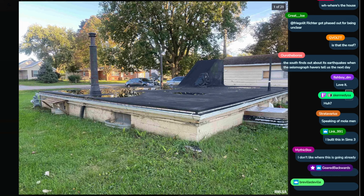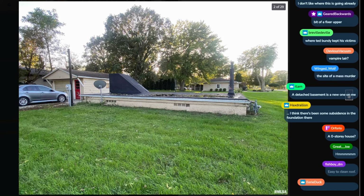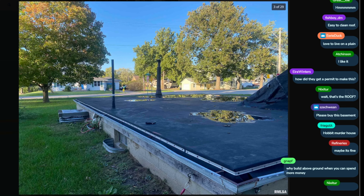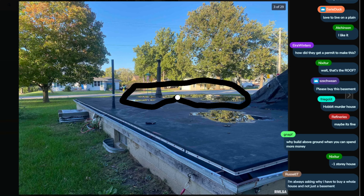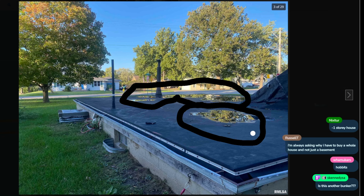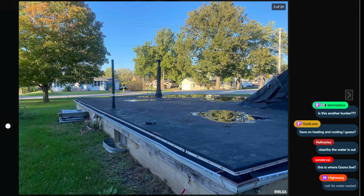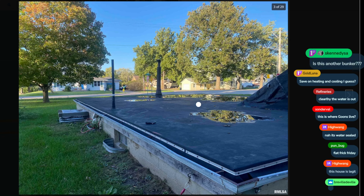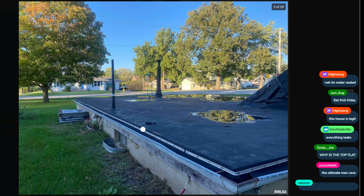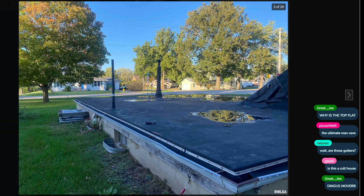Now, I know what you're thinking. DVAC, you're the resident vampire expert. It could be, but there are windows. I know what you're thinking. Does it leak water? I don't think it does. Okay, hang on. That was a mistake. Unintentional. Anyway. It doesn't leak, at least as far as we know. Why is the top flat? I don't know. So, folks, this is a house that,